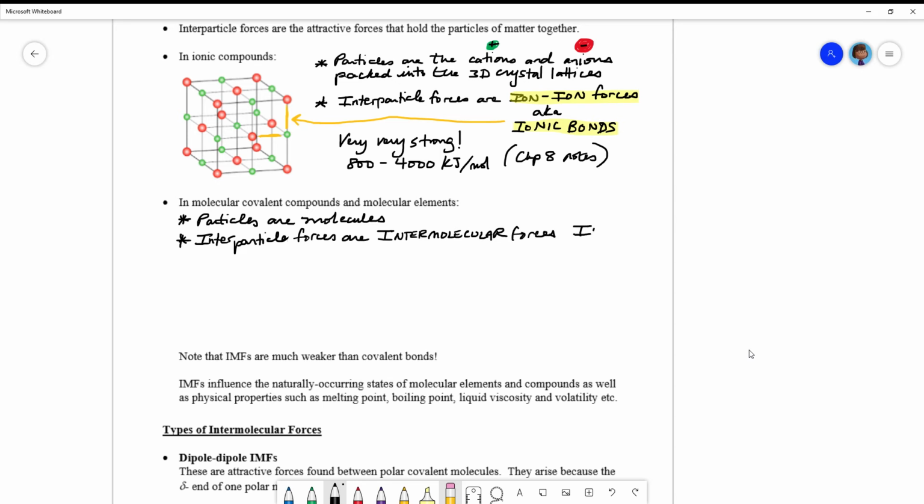Abbreviated, of course, you should recognize this, I think, IMFs. Let's highlight that. Intermolecular forces, or IMFs for short. I do want to note that the term inter in intermolecular forces has a specific meaning. It means between. In other words, intermolecular forces are the attractive forces between molecules that keep them